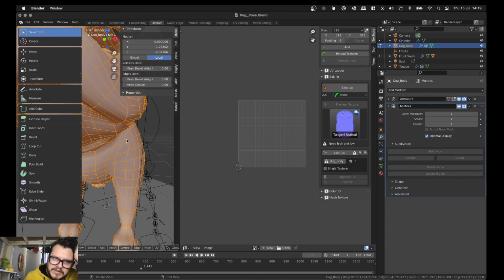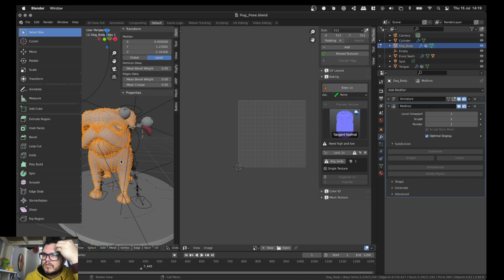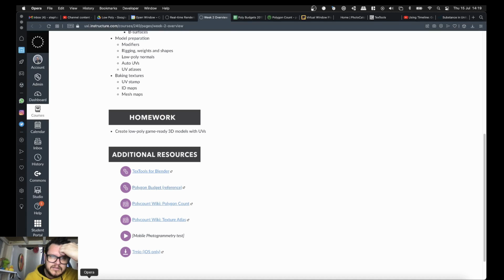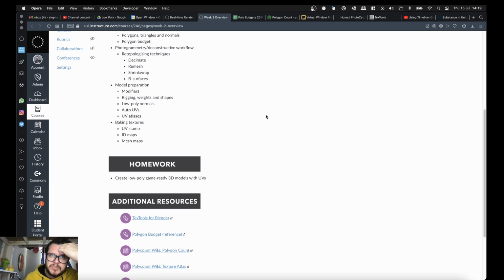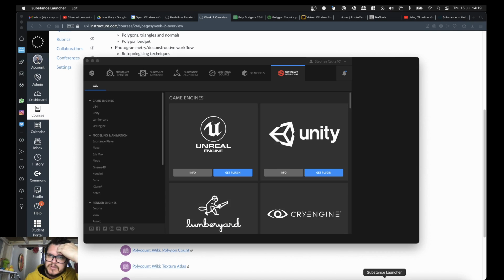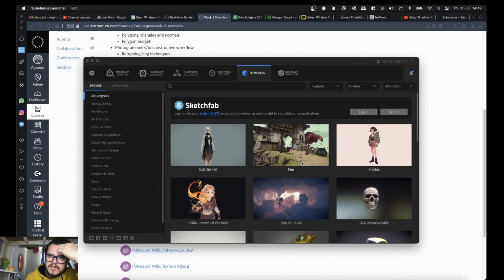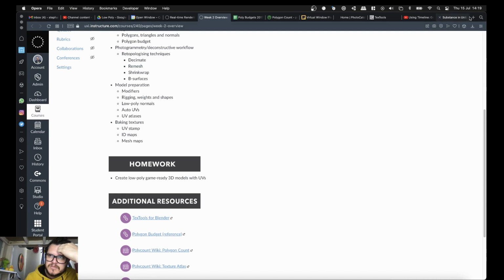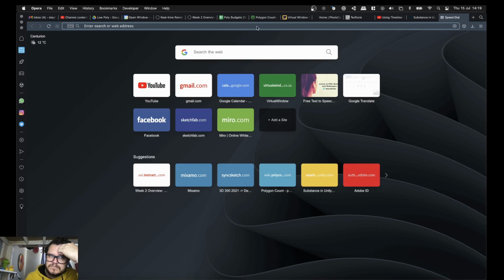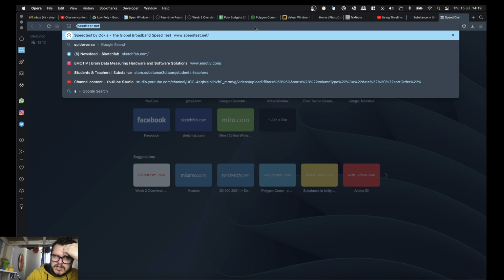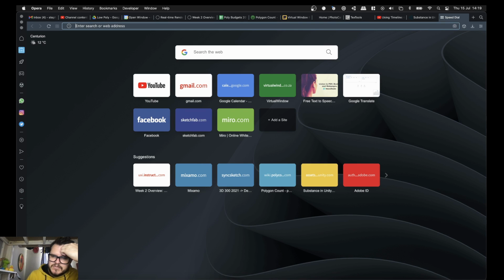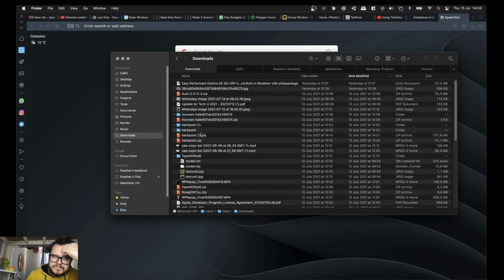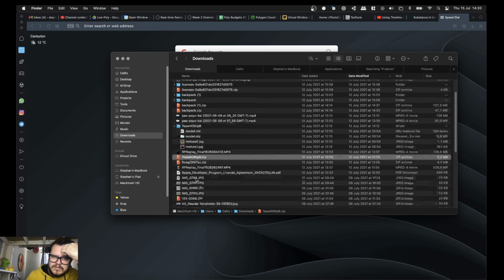So there's another entirely different approach. Like if you didn't start with a low poly model, but you started with something that you generated or found somewhere else. Like if you just download a model from Sketchfab, right? I think I signed in here the other day and we grabbed one of these, or I couldn't sign in. Let me just go to Sketchfab directly. And I did actually download something already, so that would save me some time. So we downloaded this